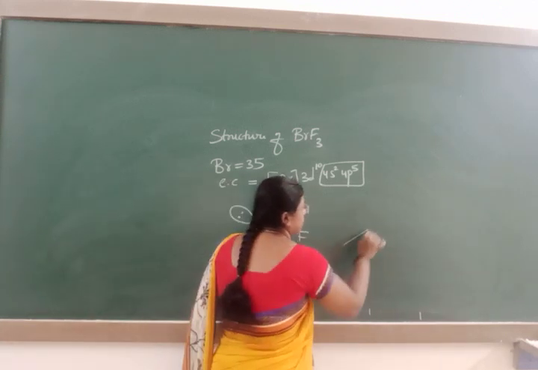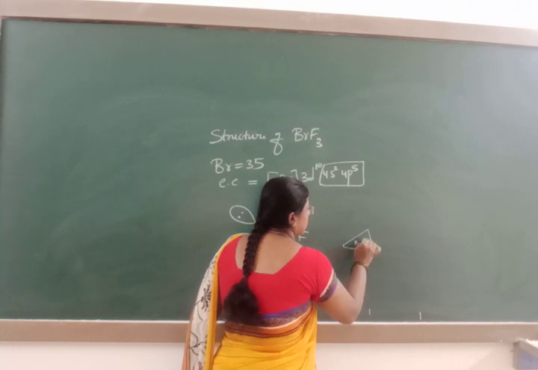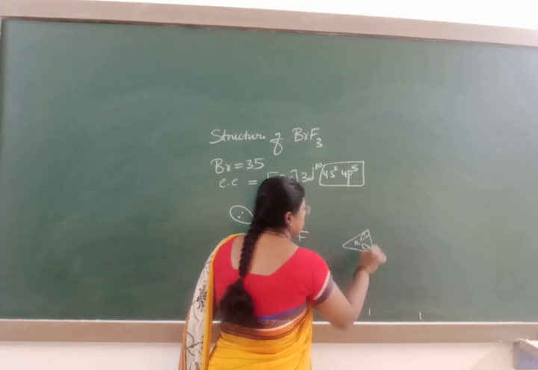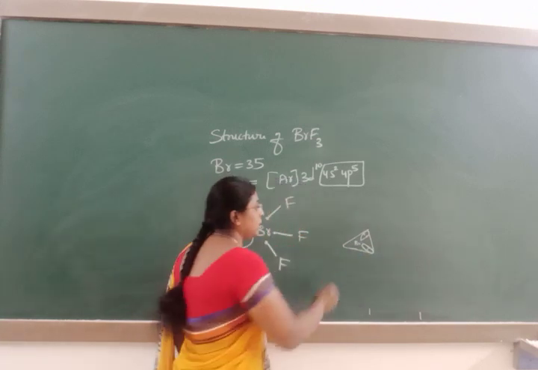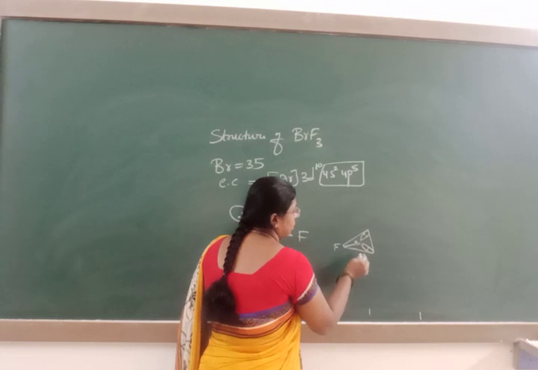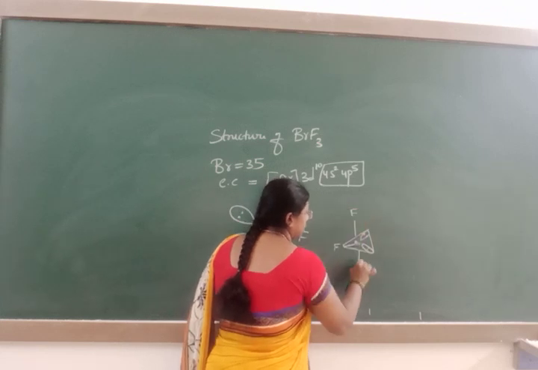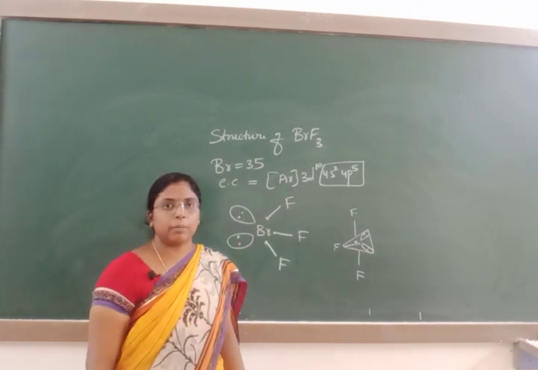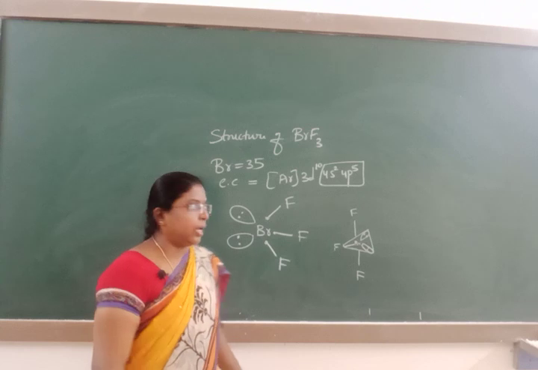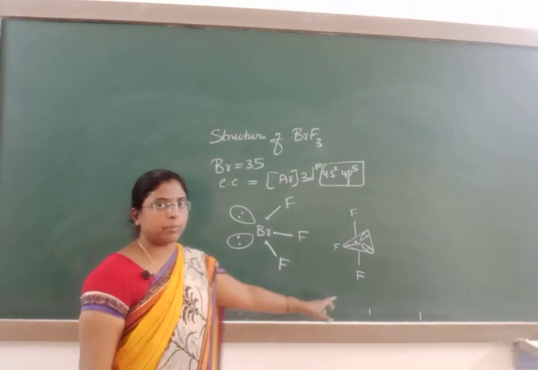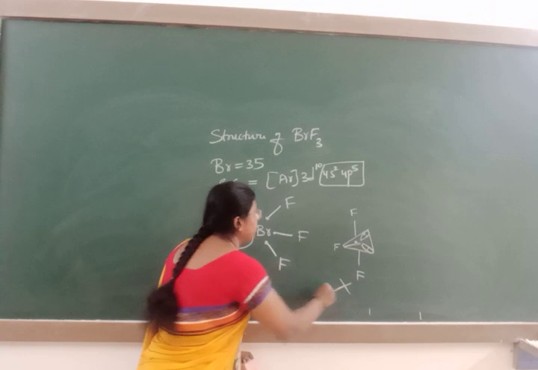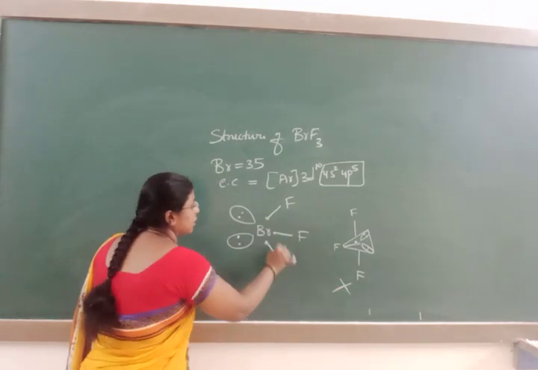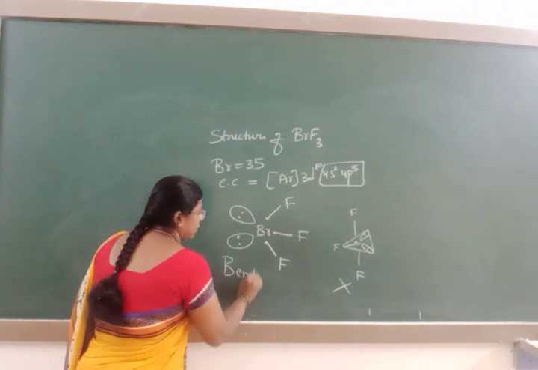It should be a trigonal bipyramidal structure with the 2 lone pairs occupying 2 corners of the equatorial position, another fluorine equatorial, and 2 axial. This is according to VSEPR theory. It should be trigonal bipyramidal, but actually it is not. The structure of BrF3 has a bent T shape.